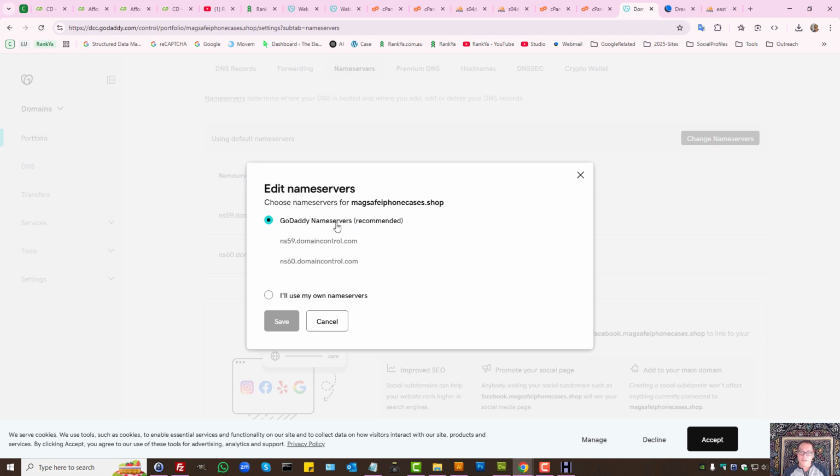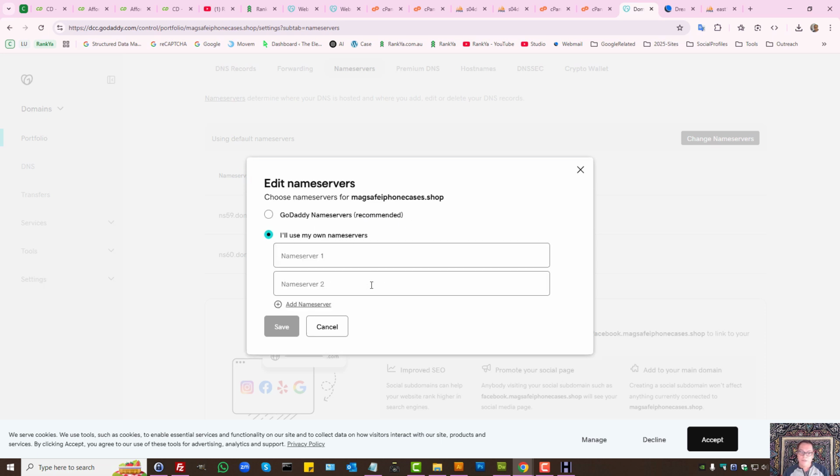Here, obviously, by default, you'll be using GoDaddy name servers, but because you're moving your website to Crazy Domains, you have to choose Crazy Domains name servers. You can always contact Crazy Domains to ask these details. They actually usually email you all that detail when you purchase Crazy Domains web hosting. Then once you make the save,